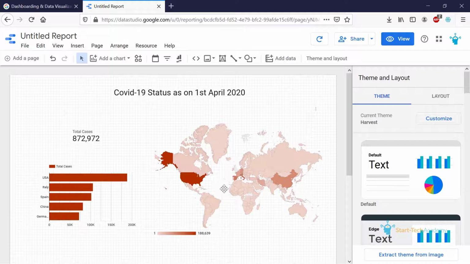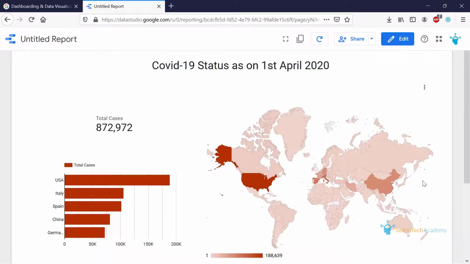That's all I wanted to have in this small dashboard. Let's view it. Here, if you hover over the countries, it will show you the corresponding data.